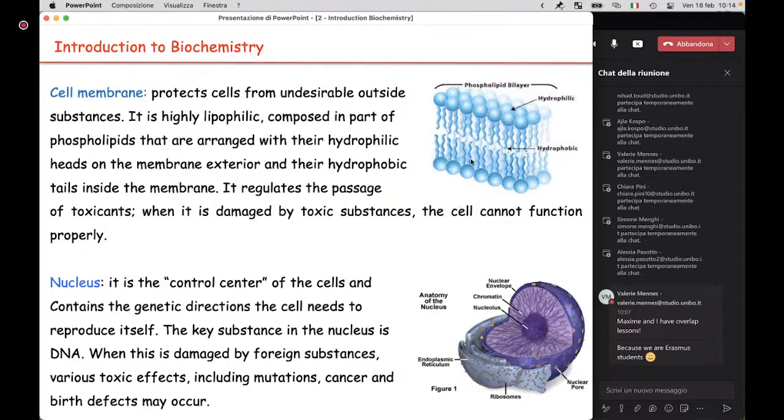Of course, this means also that hydrophobic toxic compounds can disrupt the structure of the cell, because they can go within the membrane and stay there and disrupt the arrangement of all these hydrophobic tails, that should be, let's say, more or less packed, one next to the other, and extended all along their length.